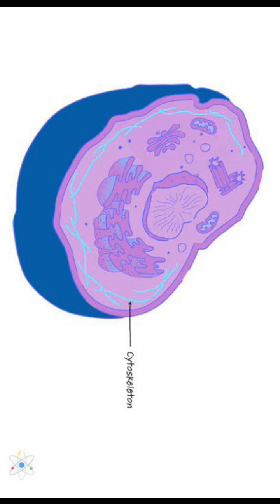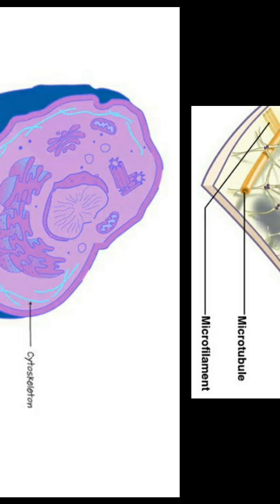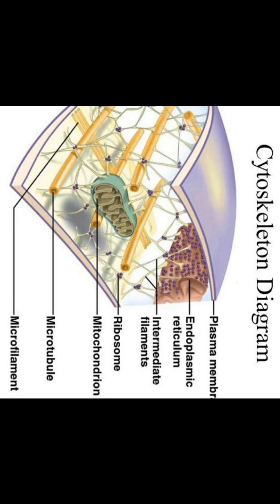The cytoskeleton in a cell is involved in specific functions. You can see the cytoskeleton diagram on the screen. It plays various functions in both plant cells and animal cells. There are many of them. The cytoskeleton is involved mainly in a few functions. Let us see what those are: mechanical support to the cell, motility of the cell, and the maintenance of the shape of the